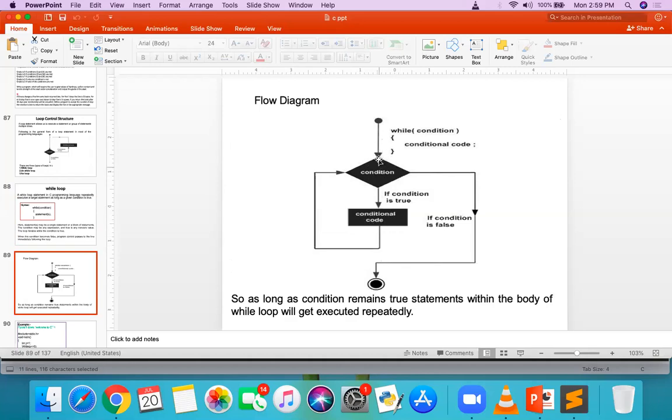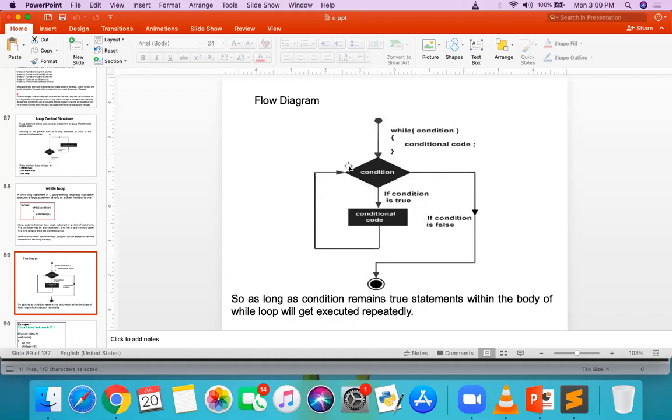But if the condition is true, then it goes inside and executes the code. Again it will check the condition. If it is again true, again go inside. So the code is repeatedly executed until the condition becomes false. If the condition becomes false, it goes directly outside.